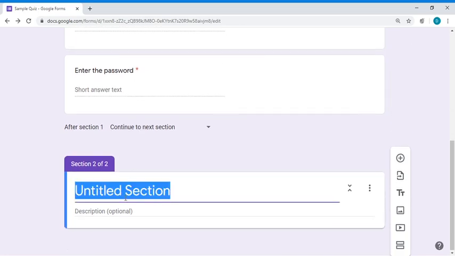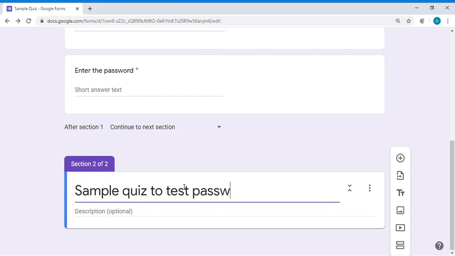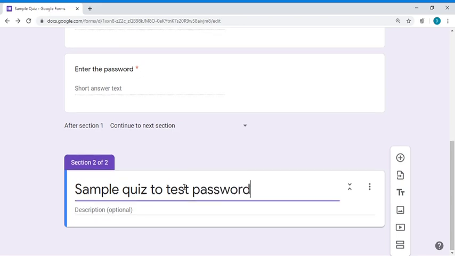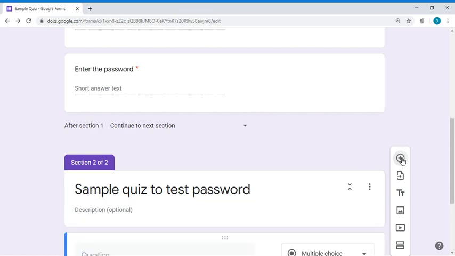So here in the untitled section you have to name the quiz. Sample quiz to test, like this. You can enter any title over here, then I'll add a question.